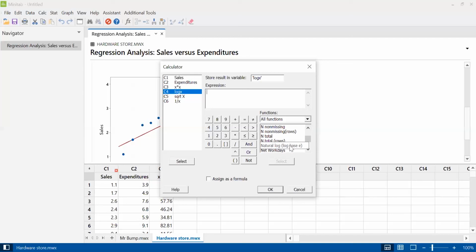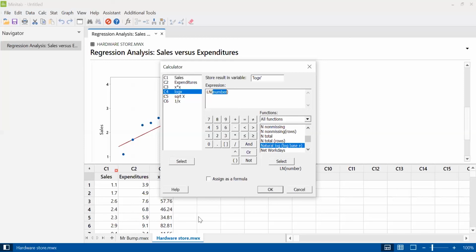For this particular example, we're gonna do natural log, and really it doesn't matter that much. Even if you did the base 10 log, it's just different scales. The results will be the same in terms of the shape of the scatter plot. The reason I chose natural log is really because the numbers are relatively small. If we are looking at large numbers like thousands, millions, then the base 10 log will work better than this